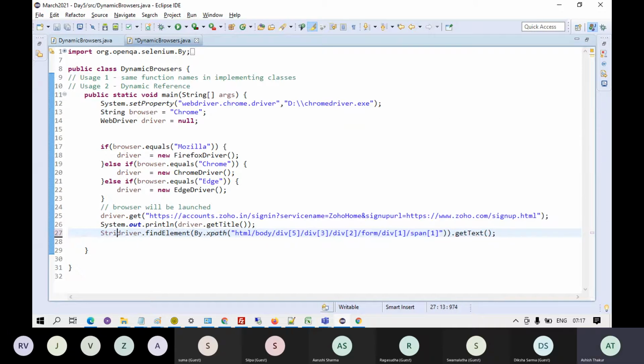So what will this give you? This is going to give you the text of that particular element which is written over there, and you can print that text.